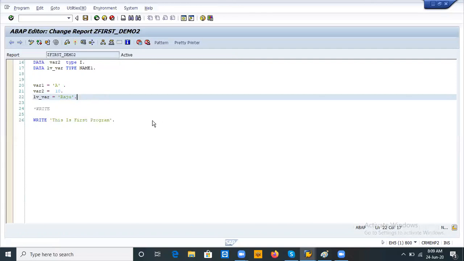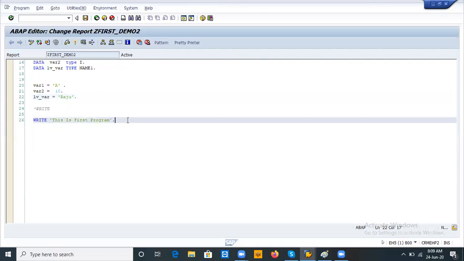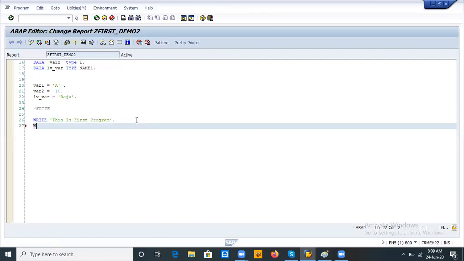See, now I want to show this variable, the Raju name, in the output. How will we provide it? See here, write lv underscore var. After the write statement, you provide your variable name. Whatever variable you want to show in the output, you provide that variable name.